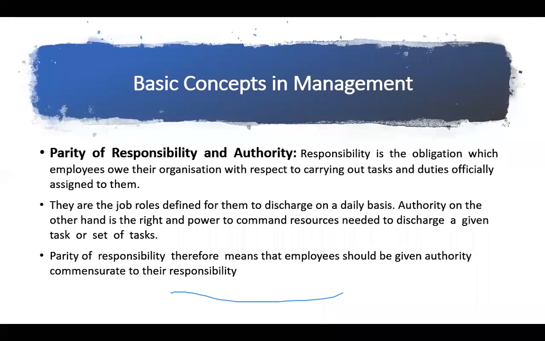You owe these responsibilities to the organization. So that is about responsibility. What is authority? Authority is the right you have over the assets of an organization, the right you have over using them. So parity of responsibility and authority means that for whatever responsibility you are given in an organization,